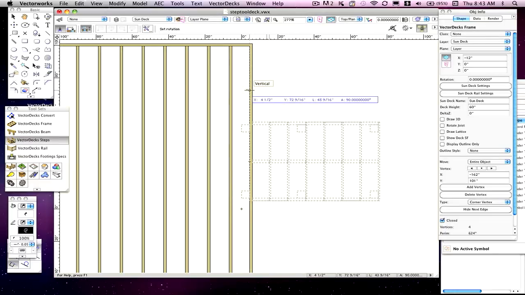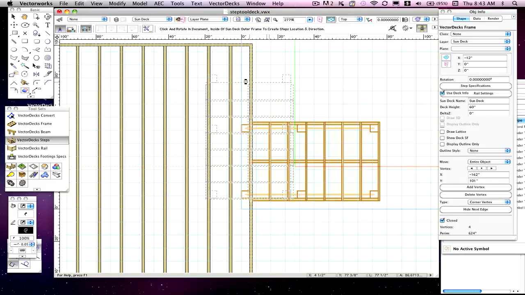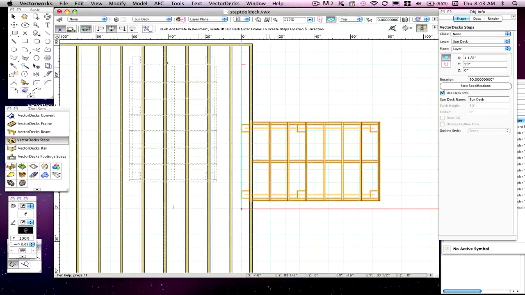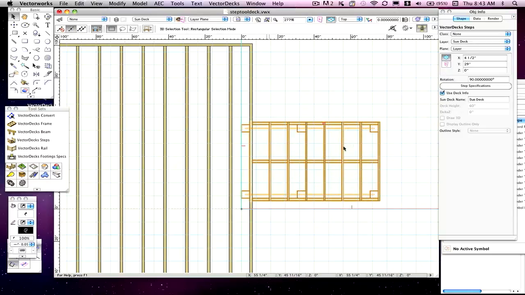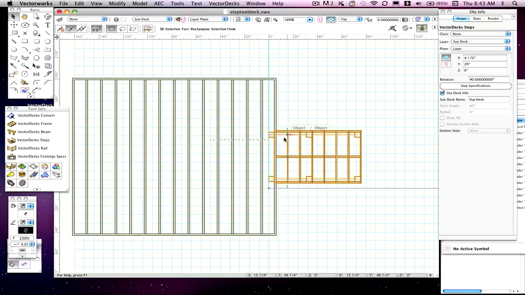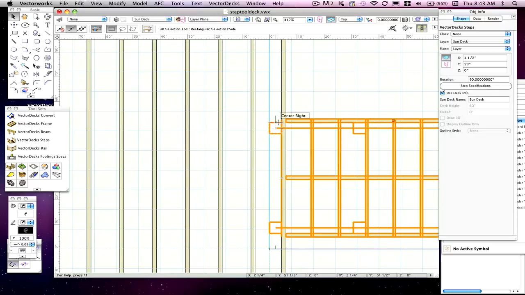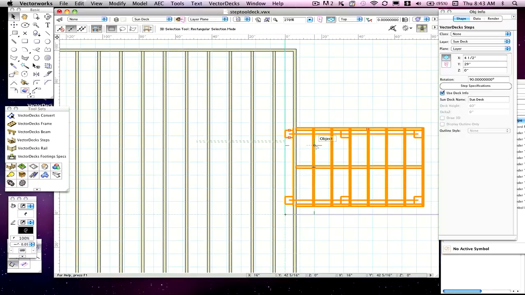I'm going to just have it go off the side. So once I'm comfortable with where I want it to go and where it is, I make that second click. Now we have the steps exactly where we'd like to have it, and also you'll see it gives a little 4x4 or where the post rail will be for the step when it comes off the deck